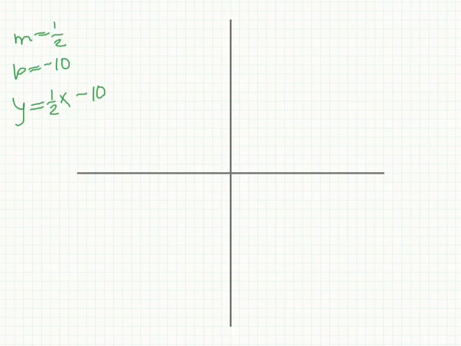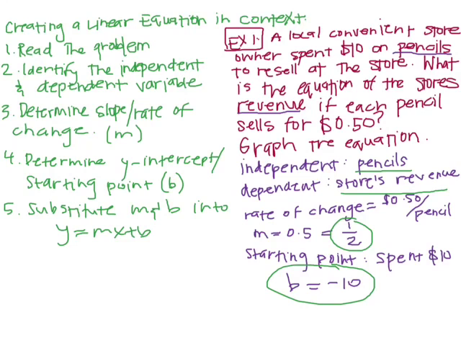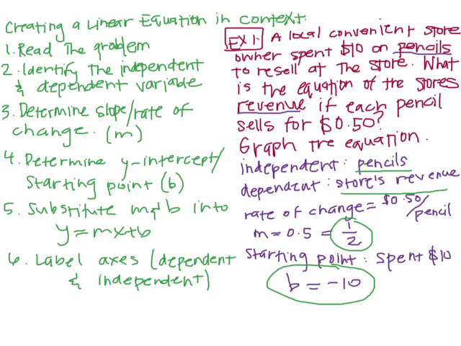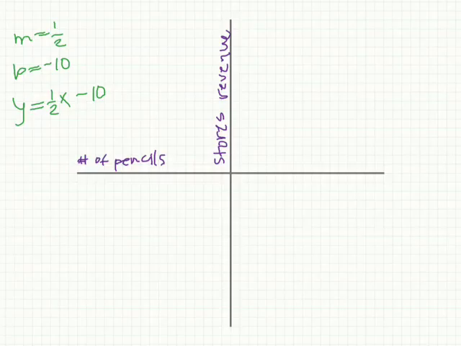Now, last step, or sixth step, not quite the last yet, is to label our axis. So we know our independent axis, your x-axis, is pencils, and we know the y-axis, or the dependent, right here is the store's revenue. So x is going to be pencils, y will be store's revenue. So I've labeled my x-axis as number of pencils, my y-axis is the store's revenue,